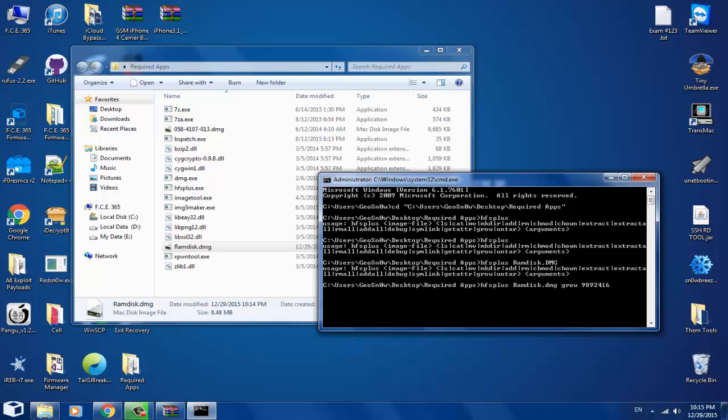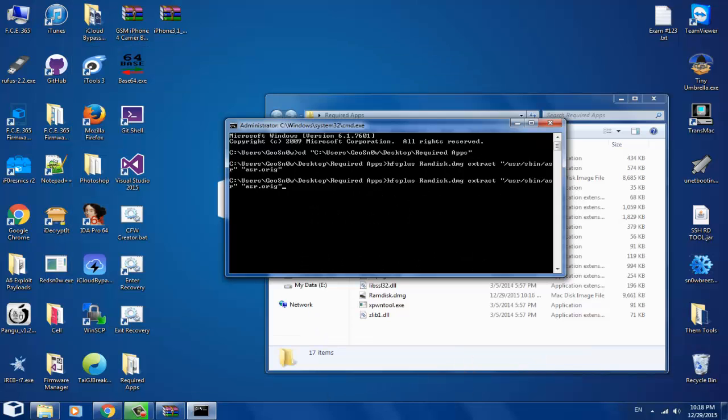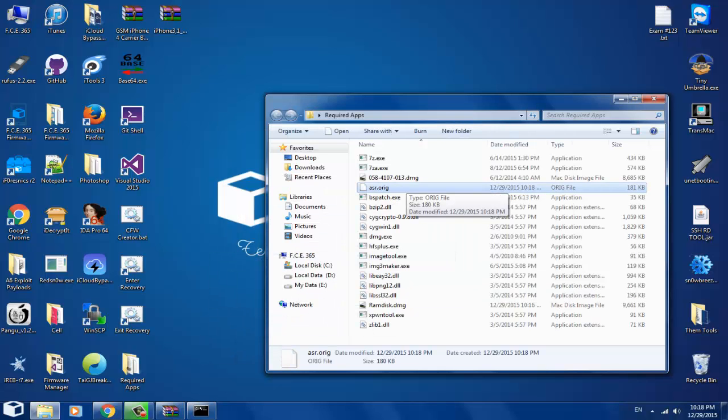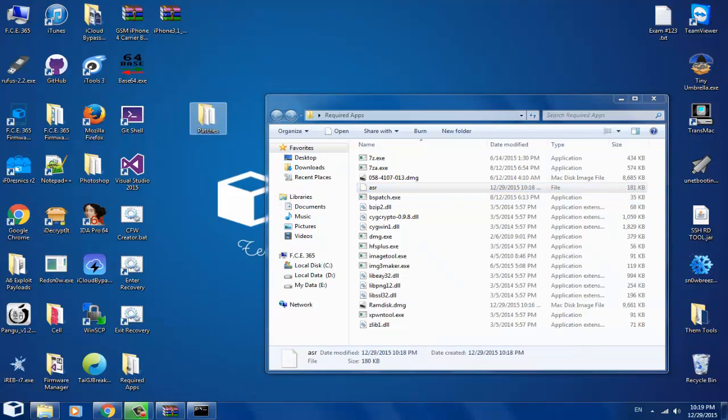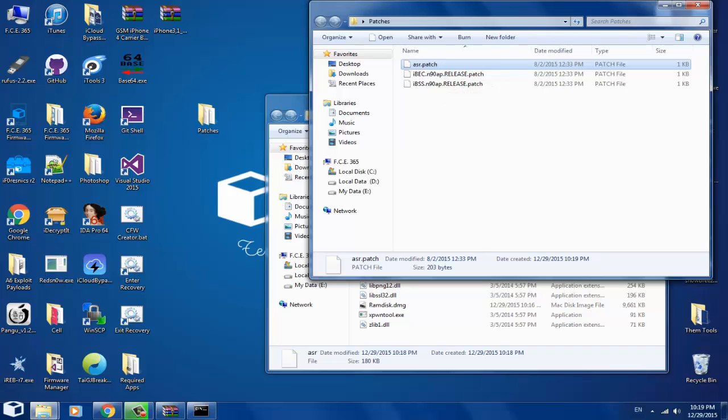And we need to insert the code. You have to select the grow depending on how much space it takes on your hard disk, this file. Okay, grow volume. After that, insert this command and extract the ISR file, and you have to patch it. I'm gonna patch it. If you don't know how to patch it, the video is in the description, and I'll be back when I have the patched file because the time is running down. Okay, now I patched the ISR using the patches from the forum, ISR patch from here,